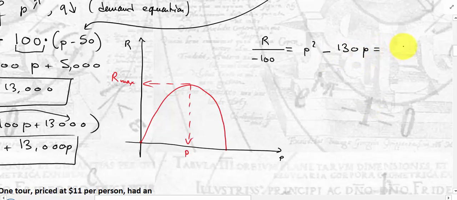So we have p minus half of 130, that's 65, squared, and then minus 65 squared, and that is 4,225. Use a calculator, of course. So we have R equals negative 100 times p minus 65 squared plus, right, you multiply by negative 100, so that turns it into a plus,